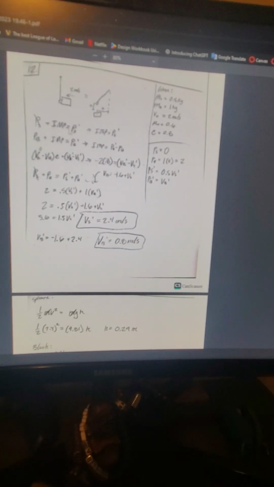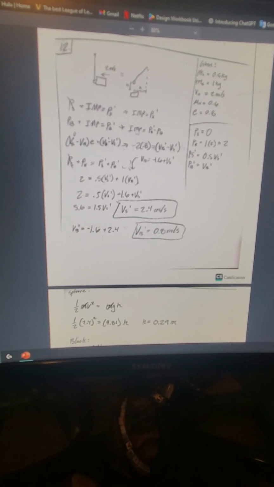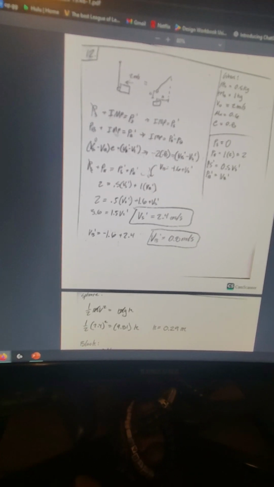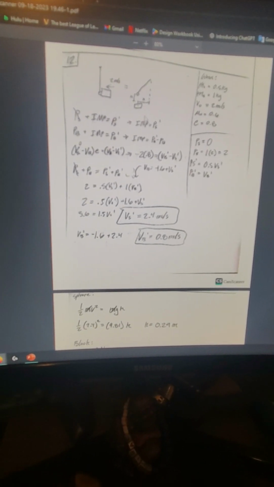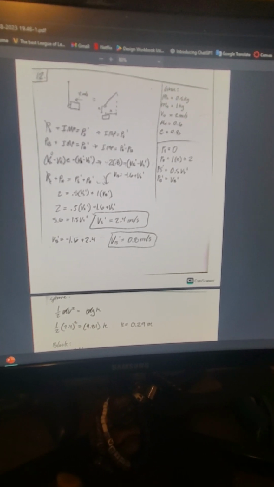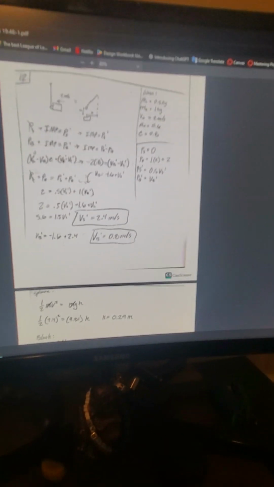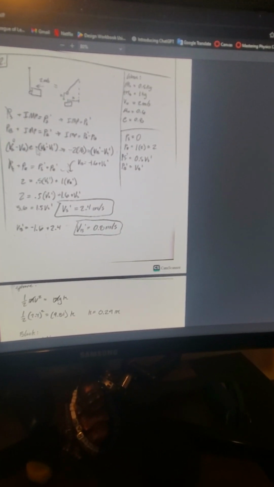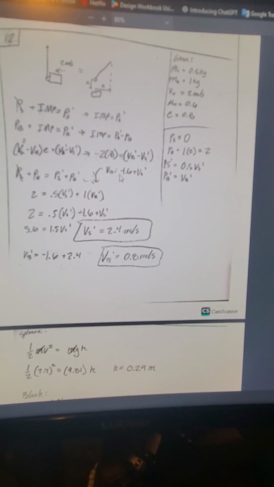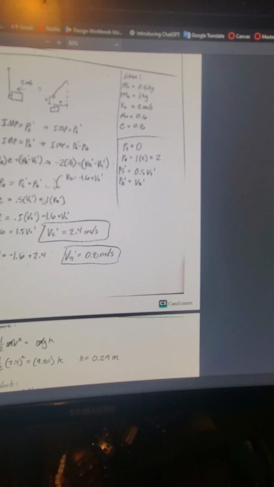So the first one, I basically just solved for the impulse, using the momentum before and after for both the block and the sphere. I put those together. I know that some of the energy is going to be gone because it's slightly depleted each time, and that's through the value e, which is given to us. So I just plug those in, and I get the velocity Vb final equals negative 1.6 plus Vs